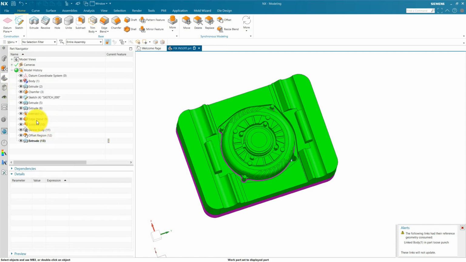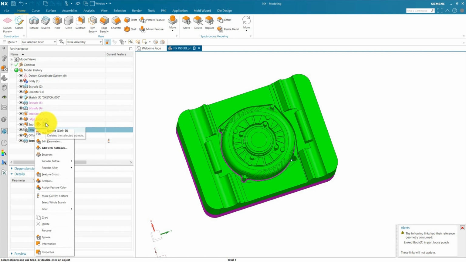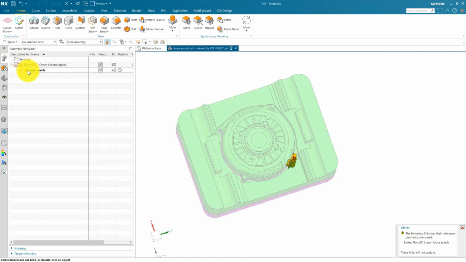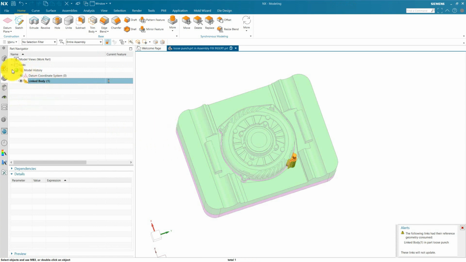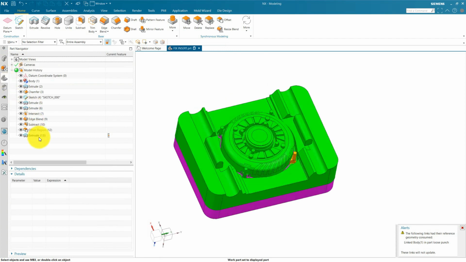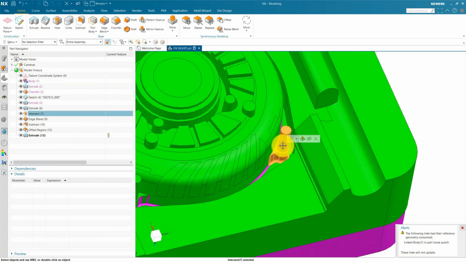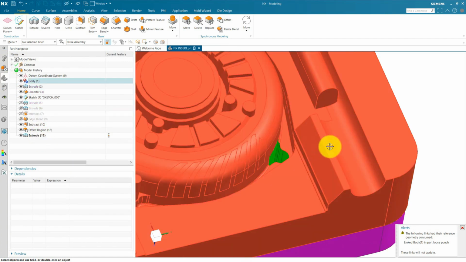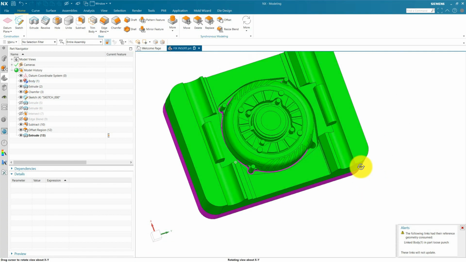So for this we can use delete, remove this delete body, and now it will be available here. You can see the link body is available because we are not going to delete this loose punch from the fixed insert. We can hide this from the fixed insert, for example, hide this, but the solid body is available in the fixed insert.